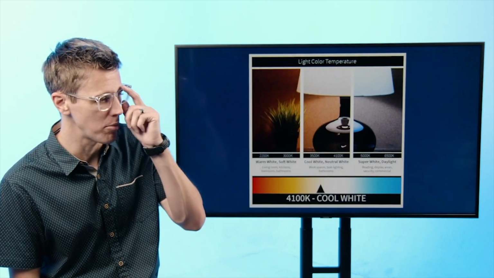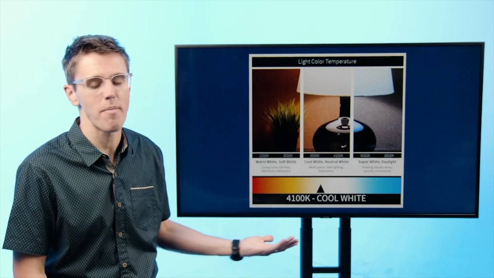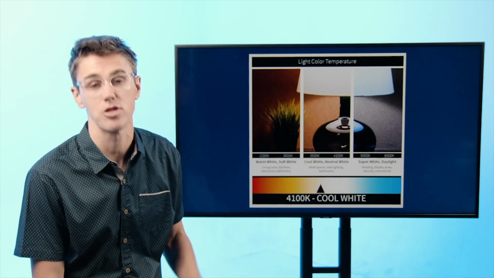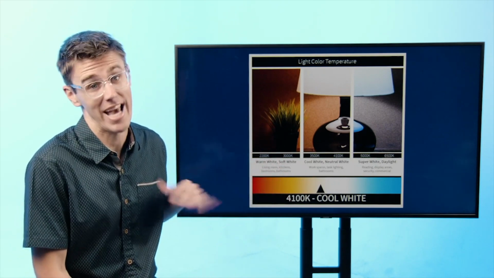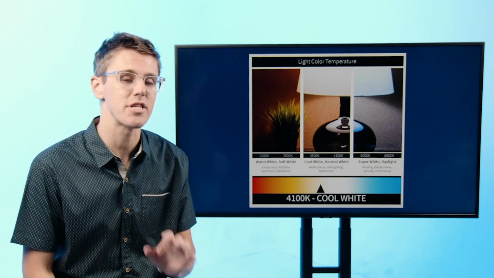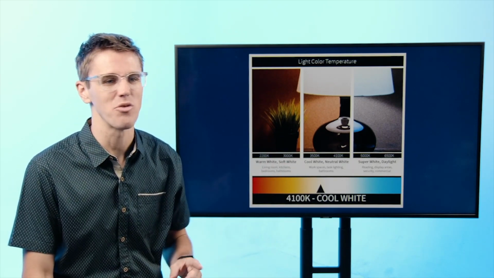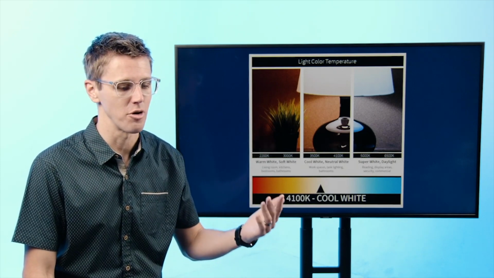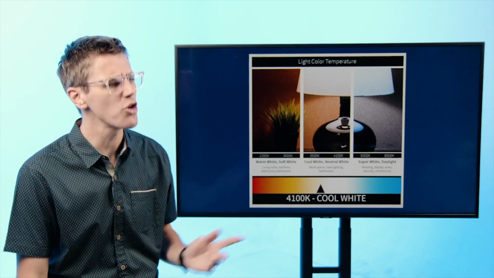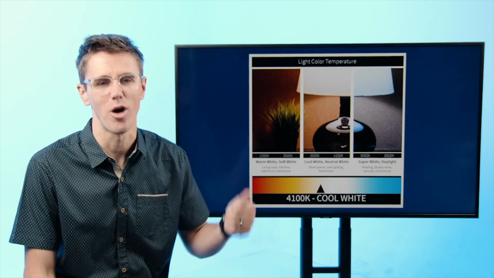So I want to show you some examples of this. I'm not asking you to be an expert on lighting. You might go, Jay, this graph looks very complicated. Trust me, I can't explain 70% of what's happening here. What I will say is that there are different types of lights. And I want you, wherever you're watching, maybe in your home, or at work, or at your church, to look around at the bulbs that may be on right now.